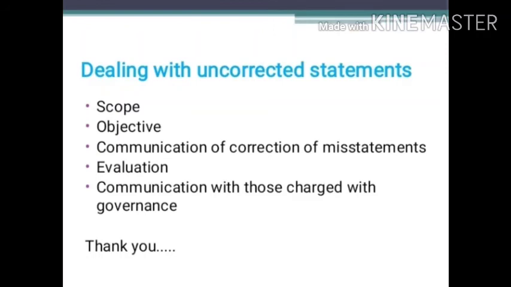The auditor shall request the management to correct those misstatements. If the management refuses to correct some or all of the misstatements communicated by the auditor, then the auditor shall obtain an understanding of the management's reasons for not making the corrections and shall take that understanding into account when evaluating whether the financial statements as a whole are free from material misstatement. Based on these scenarios, the evaluation of the effect of the uncorrected misstatements can be treated.